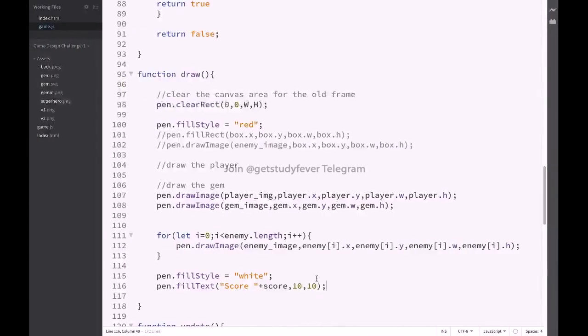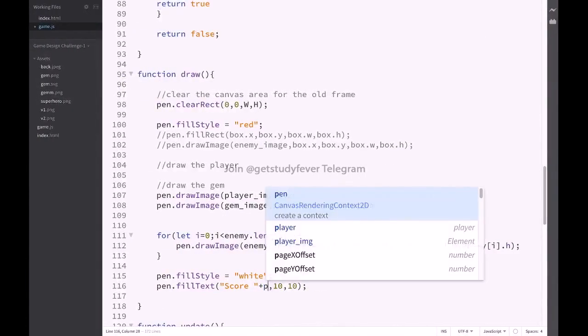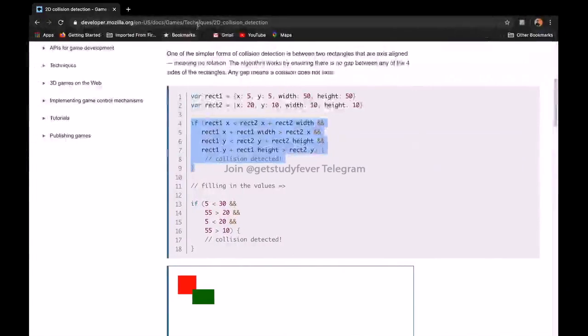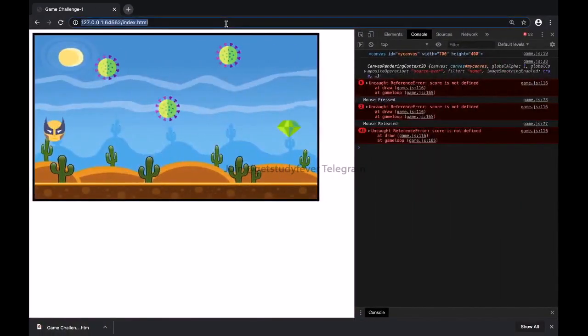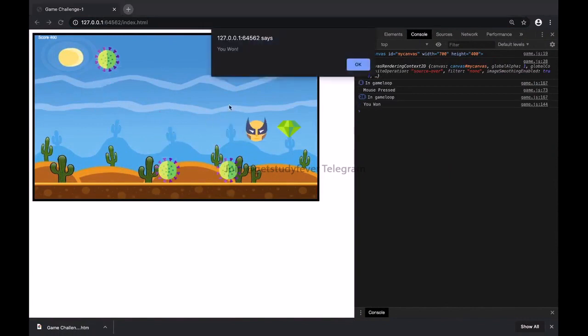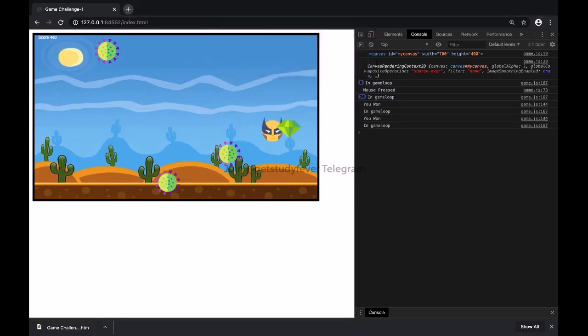Score is not defined. Okay, so score is not there. Score is basically player.health. So the health is equal to score. Okay, so you have a higher score in the beginning, and you can see finally you have a score 400 and game is over. So that's all for this video, and I hope you would